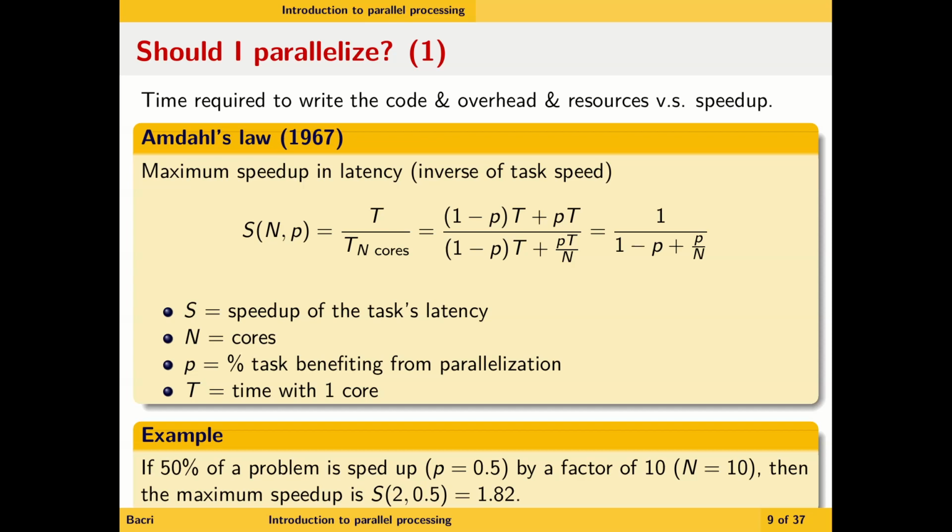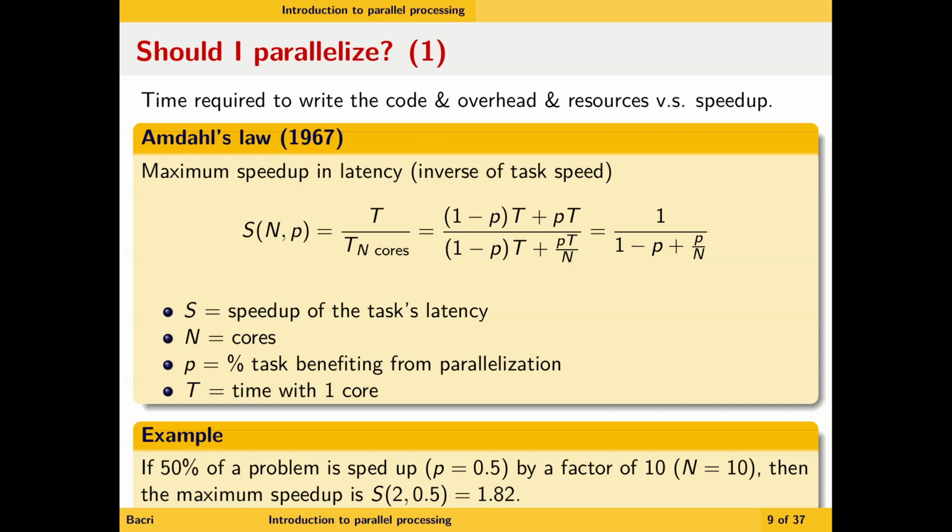I'm not really sure why it was defined as the inverse ratio of the task speed, but that's how it is. The idea is you have some fixed workload, so it is simplified in the formula. It does not appear. So T would be the time with a single core, and it can be split into